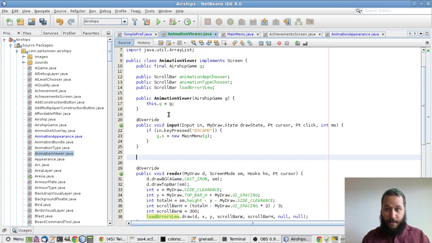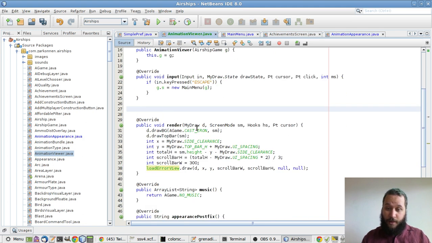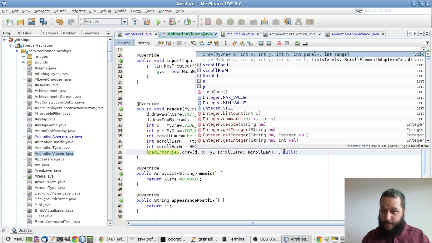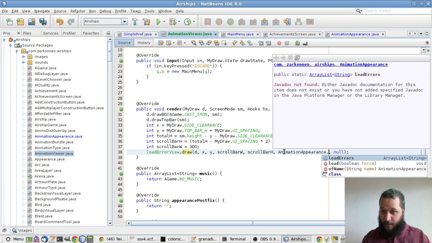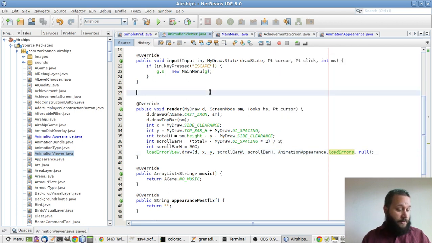Okay, now we need a renderer for this. So we now know what the list is. The list is actually animation appearance dot load errors. Now we need a renderer of strings, a very boring renderer of strings. Public class